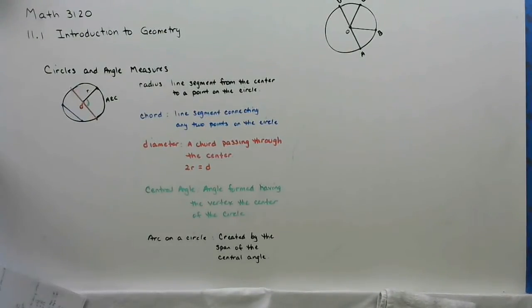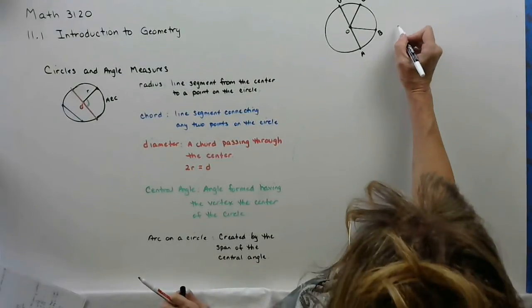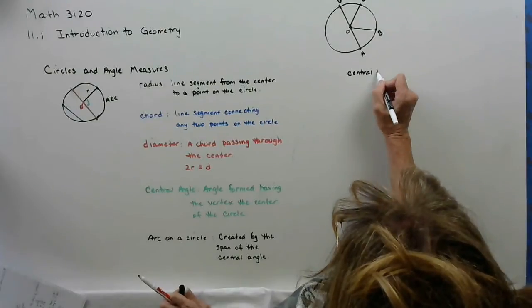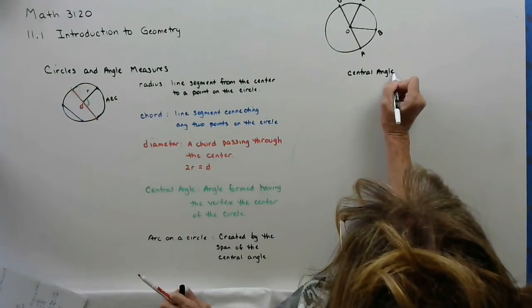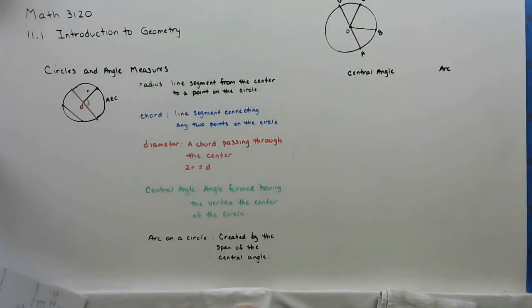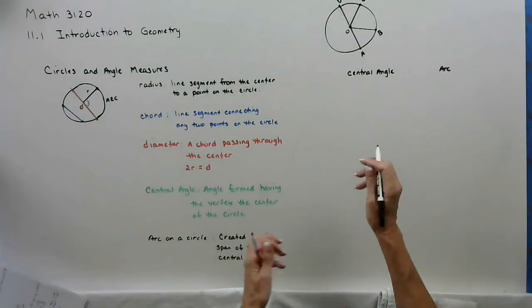And then I want to practice, and I want to do this, I think, with colors. I think it might help a little bit with color coding. All right, so if I start with central angle, and then over here I'm going to have an arc. So if I give you central angle,